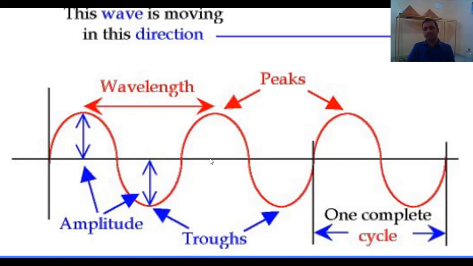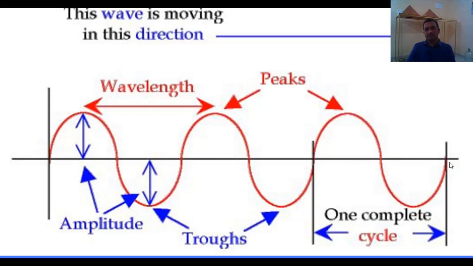Now, what is frequency? Frequency means the number of oscillations per 1 second. Here you see how many oscillations this wave has: first, second, third. So first cycle, second cycle, third cycle, which means 3 oscillations. So what is the frequency of this wave? 3 Hz. So this is the frequency.